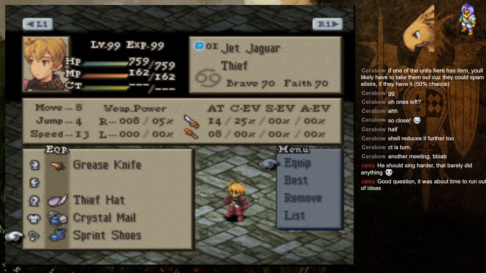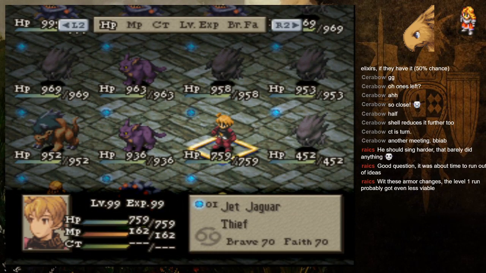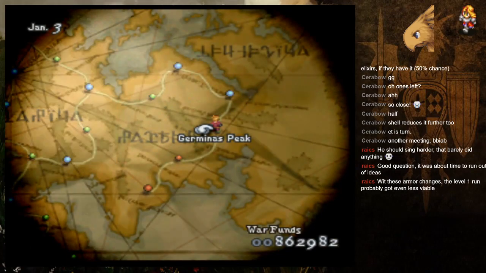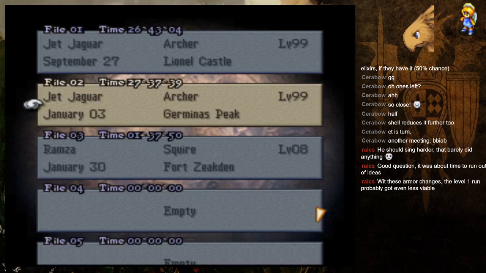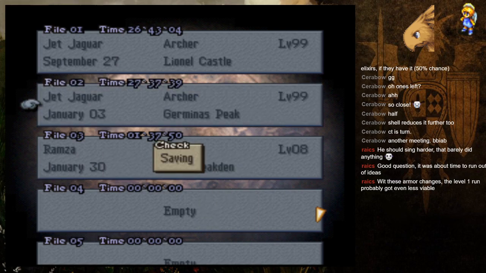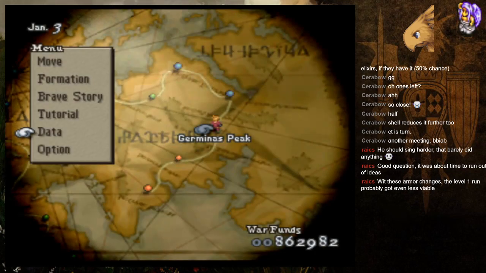And yeah, I think we'll go for sprint shoes. Be all nice and fast like. Let's see, with the armor changes, a level 1 run would probably be even less viable. But that just makes it all the more satisfying. Yeah, I'm going to go off-screen trying to figure out how to possibly work out a level 1 run out of all